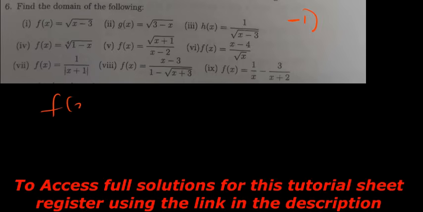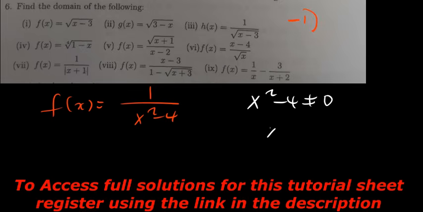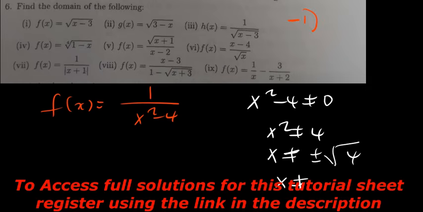Okay? But there are some cases where, let's say you have been given f of x being equal to 1 over x squared minus 4. Just get what is on the denominator. X squared minus 4 should never be equal to 0. X squared should never be equal to 4. You get the square root. X should never be equal to plus or minus the square root of 4. Then x should never be equal to plus or minus 2. Meaning that